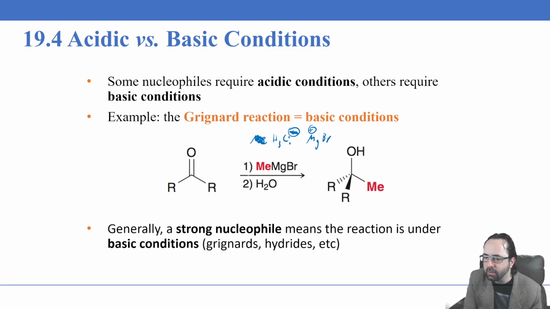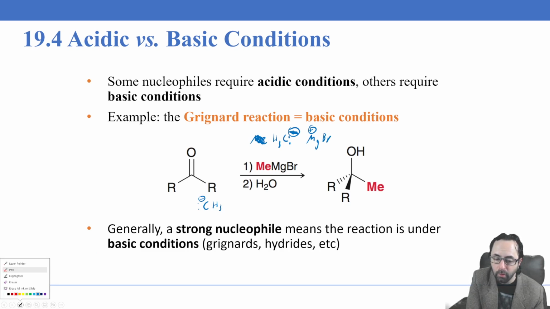And so that ends up being an extremely strong base. Notice that this reaction occurs in two steps. We add the water after. We can't have any water when we first use the Grignard reagent, because water would definitely protonate this carbon. Remember that the methyl group would have a pKa of around 50. It's a terrible acid, making this methyl group a tremendously strong base, and anything that can donate a proton to it will. But if we have this methyl Grignard reagent, it will also be a very powerful nucleophile as long as you have it in a basic environment and it is not protonated,